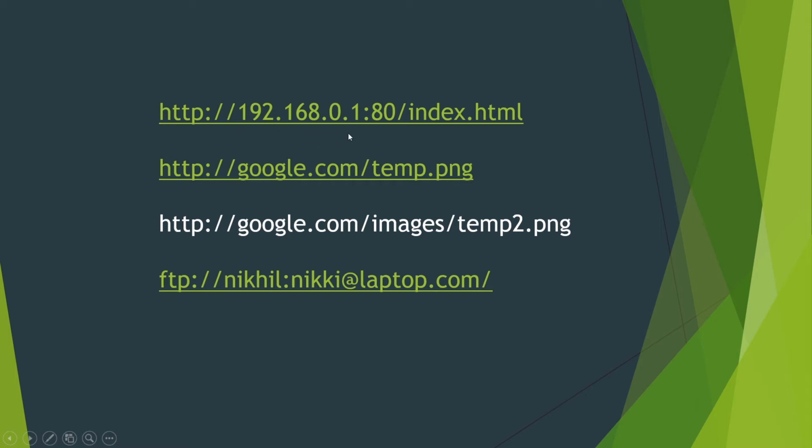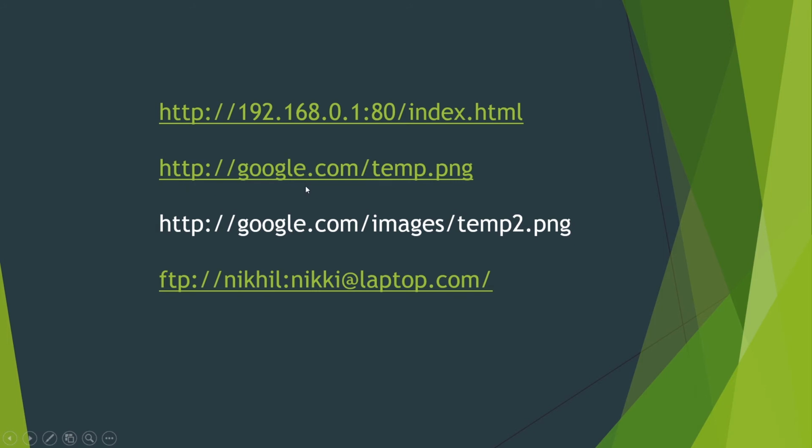And instead of this IP address we can put the domain name also, google.com. As you can see from the previous example, I did not put the colon 80 because by default if you do not put this colon 80, the browser takes port 80 as the default port. So if the web server is running on another port, you need to specify colon 1000 or 2000 or the port on which the web service is running. So since we did not put any colon 80 and Google's web server is serving from port 80, we are good to go with google.com only.